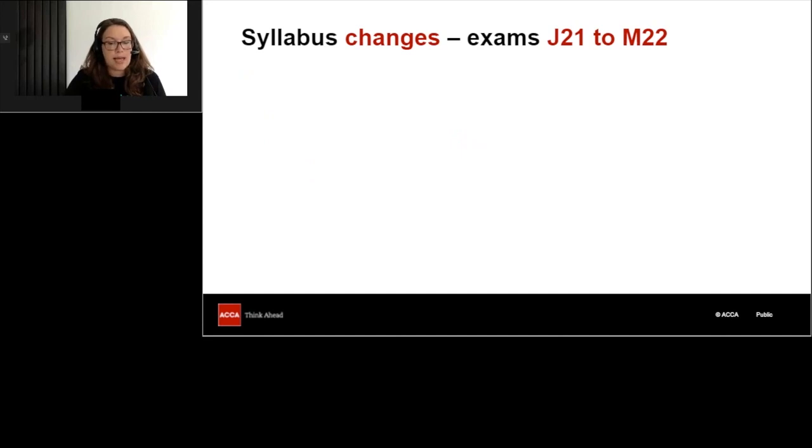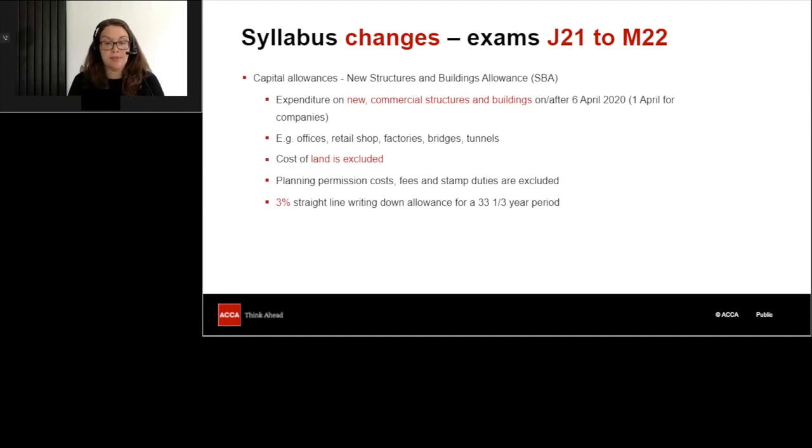Now let's move on and talk about capital allowances. Now most of capital allowances is actually staying exactly the same this year. In reality, in the real world, there has actually been a change in the amount of annual investment allowance, and that was changed part of the way through the year. But for your exam purposes, you are just going to assume that the annual investment allowance, AIA, remains at £1 million throughout the period that you're looking at. Okay, so that has been set out by ACCA, by the exam team, that only the £1 million AIA is examinable for this year.